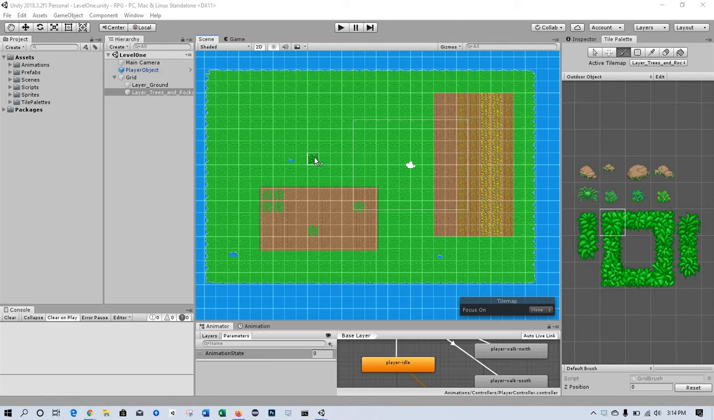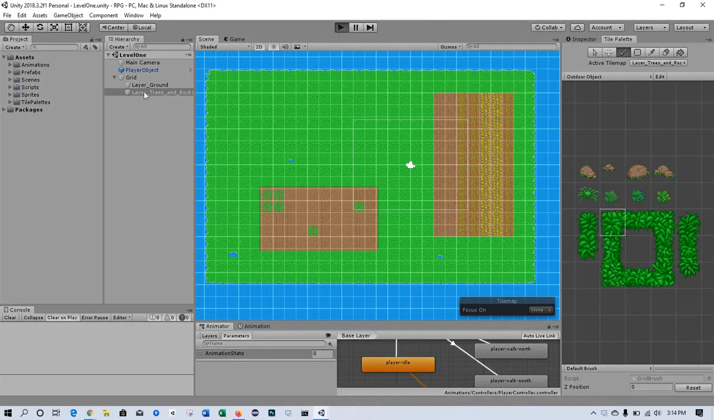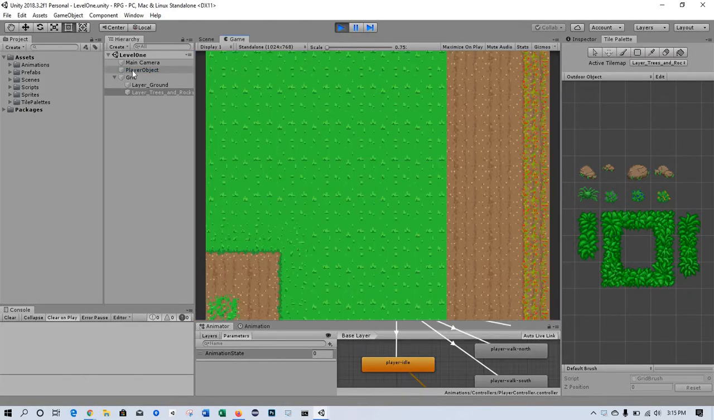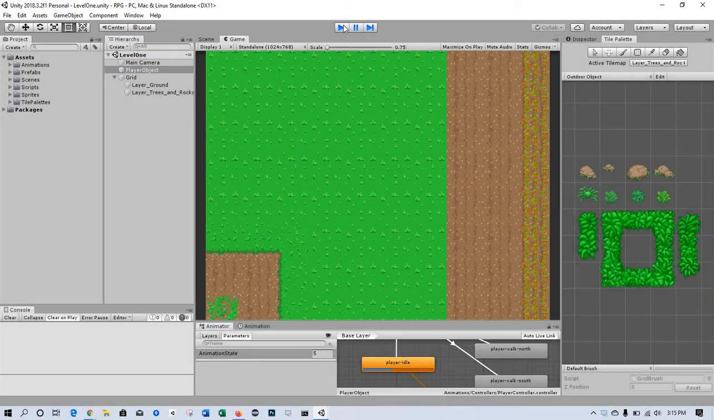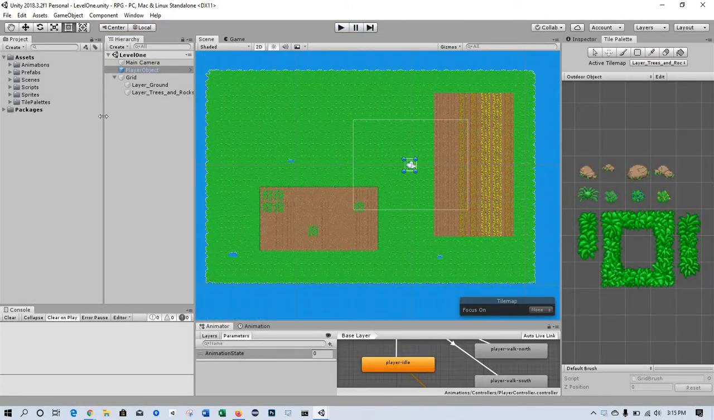Okay, so now we're going to start painting the trees and rocks layer. Before we do that, you'll notice if I play the game that even though we have a character, we can't see him. And the reason for that is that we need to change the order of our sorting